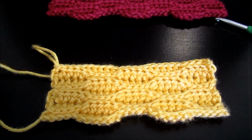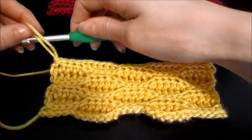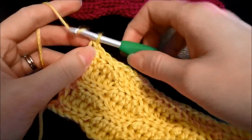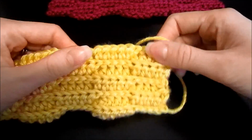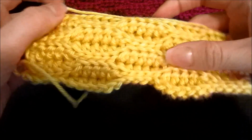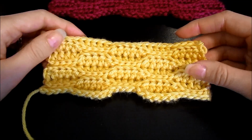Once you've made your piece the desired length, all you're going to do is simply cut off your yarn, and you're just going to bind off. So what I do is just pull the tail through the loop on my hook, and then you can weave in your ends. Now there's quite a few dense sections here on the back, so it's really easy to hide your tail ends. With that, that concludes this video tutorial on the